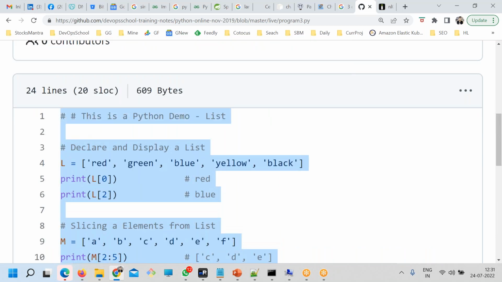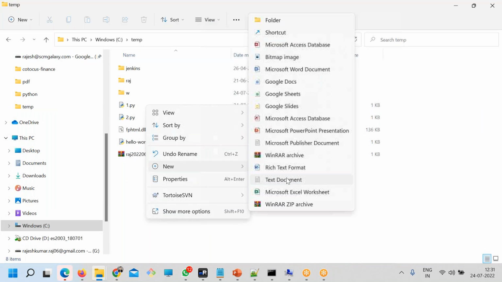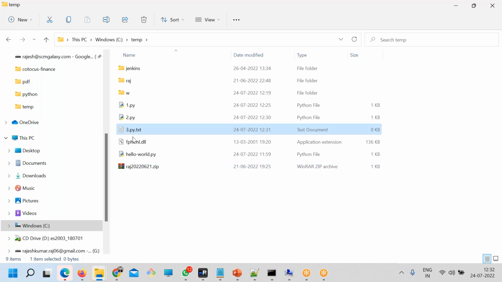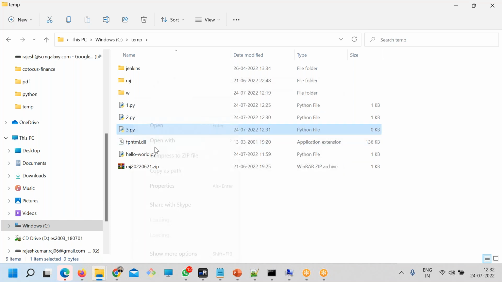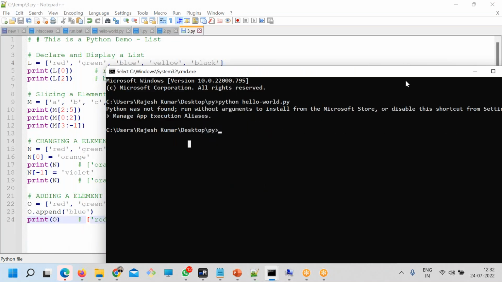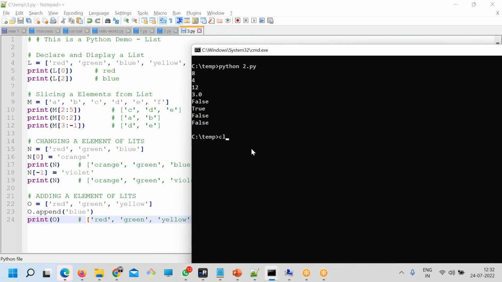So copy this whole code. Each and every output, you just study. Why? Because that's a way to learn. I'm not discussing each and every output, but just making you comfortable. I'll share this code with you. All are copy-paste code. So done. Let me close the remaining things. Yeah. So now clear the screen.